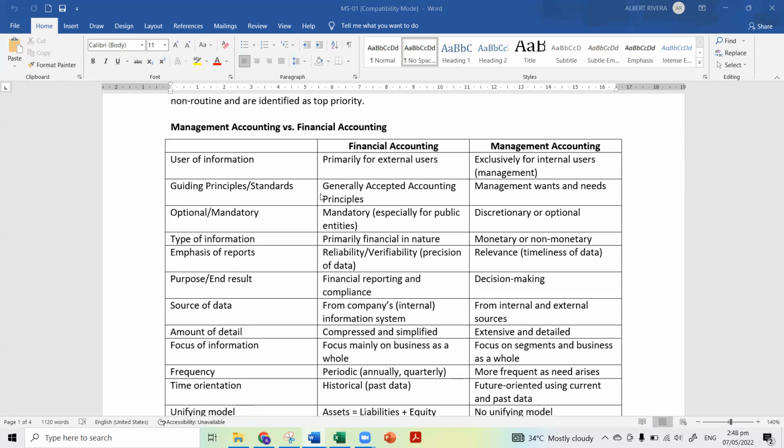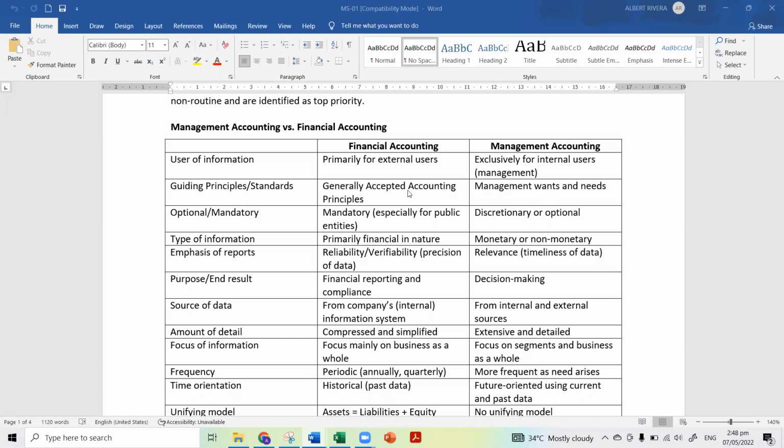Okay? Kaya nga, ang approach natin sa pag-solve dito, there are various ways to solve a certain problem in various references. However, ang nagiging sagot, pare-pareho din naman. Wala nga kasi siyang standards. Wala siyang structure. Kaya pagdating dito, class, okay, if this financial accounting is guided by GAAP, Generally Accepted Accounting Principles,